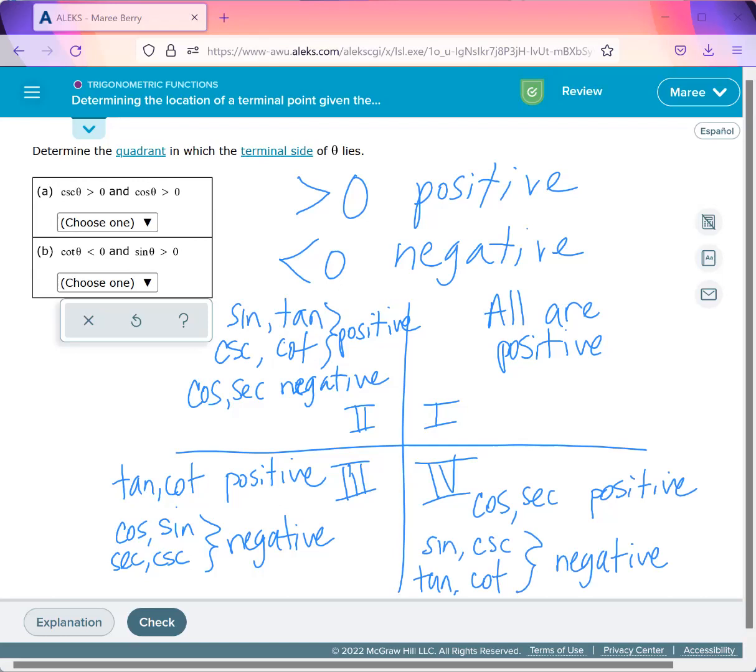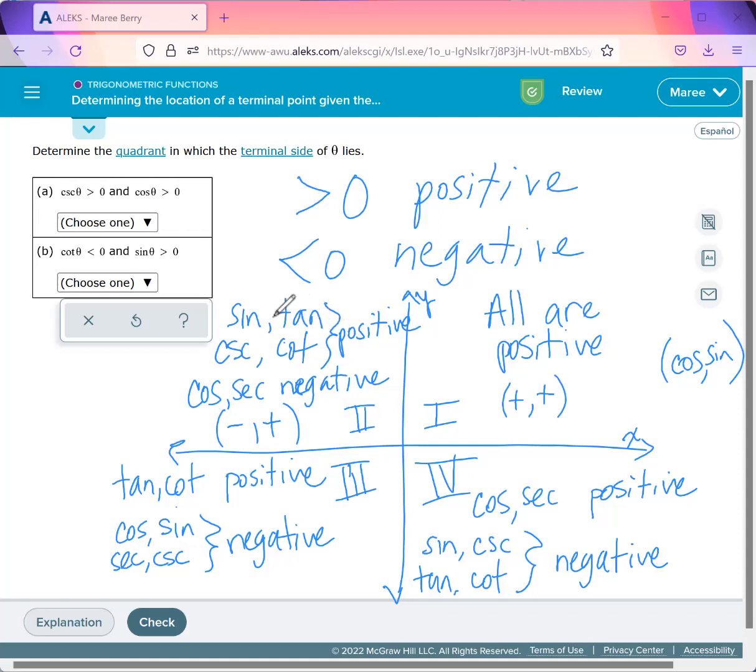The reason why they're positive and negative depends on our quadrants. So if you remember that this axis is the x-axis, the one that's horizontal, and the one that's vertical is y. And when we make our points, the x value is our cosine and the y value is our sine. So when we're in quadrant 1, all of the x and all of the y are positive. When we're in the second quadrant, the x values are negative and the y values are positive. So you can see that the cosine is negative and the sine is positive. And since the tangent is sine divided by cosine, the tangent will be negative along with the